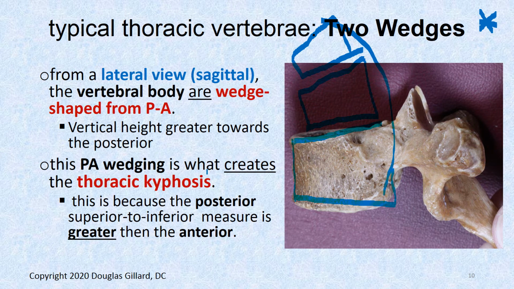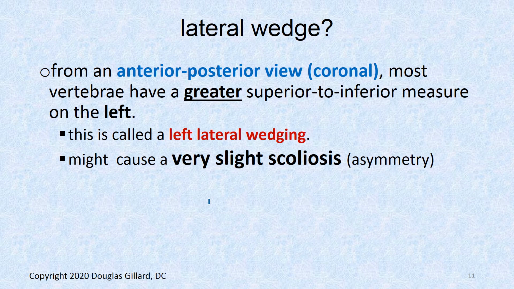Okay. There's also some posterior-anterior wedging that occurs, from a lateral view. We just said that. Got that one covered. What about lateral wedging, from an A to P or a coronal type view? I don't think I have a picture. I forgot to take one. But if you're looking straight at a PA view,